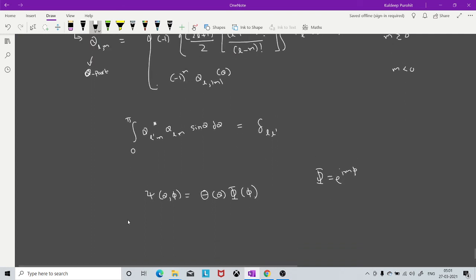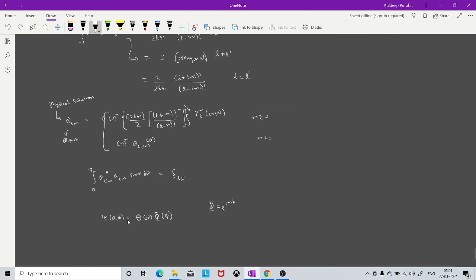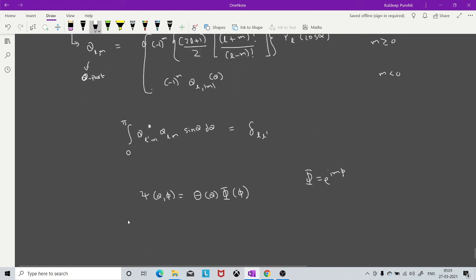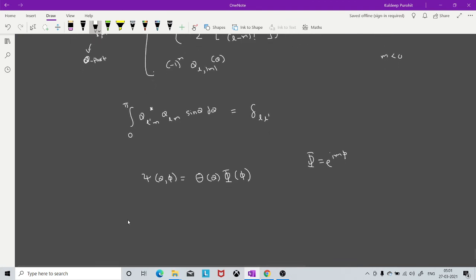So now I can write the total wave function, Y l m, which is a function of theta and phi both, is equal to (-1) raised to m